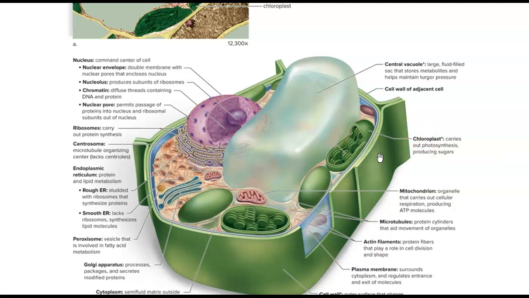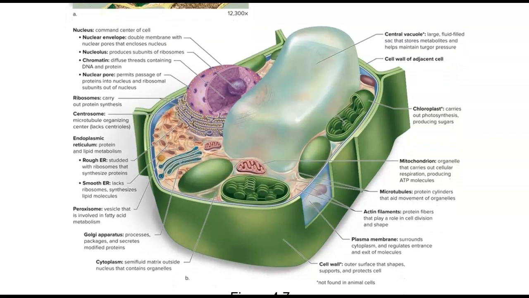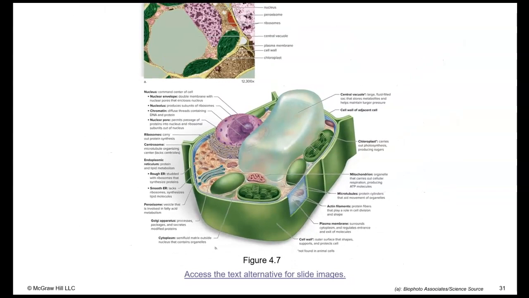All three of the structures start with a C, so you can remember them that way. But then, other than that, they have everything else that the animal cell has, except a plant cell does not have lysosomes or centrioles. So,